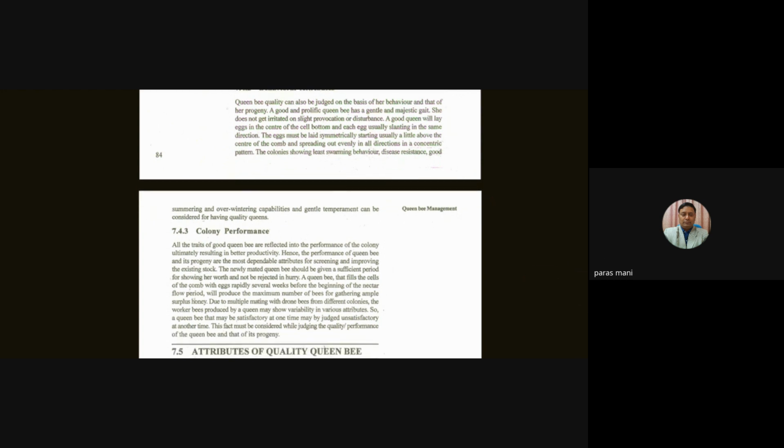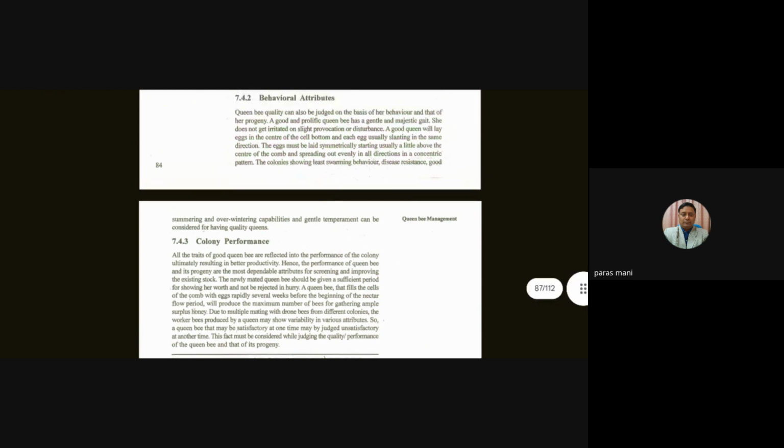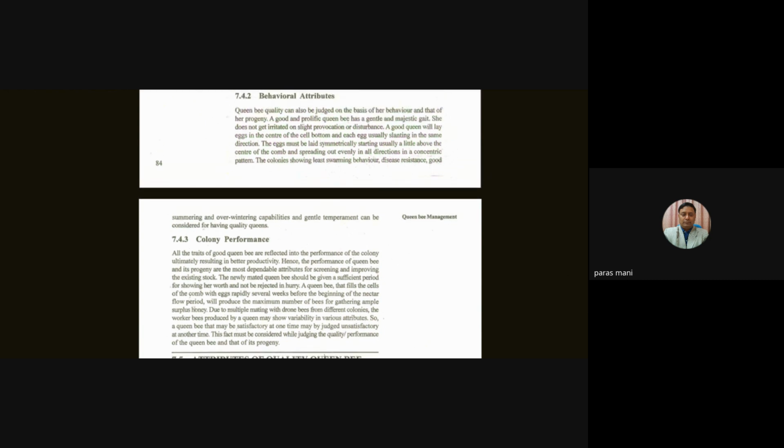The colony showing least swarming behavior, disease resistance, good summering and overwintering capabilities, and gentle temperament can be considered for having quality queens. These behavioral attributes we must observe very keenly before selecting the queen. The major things we have noticed here is